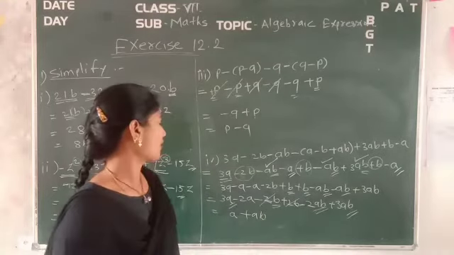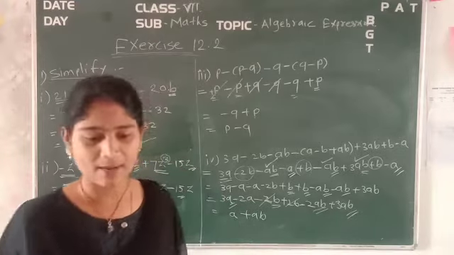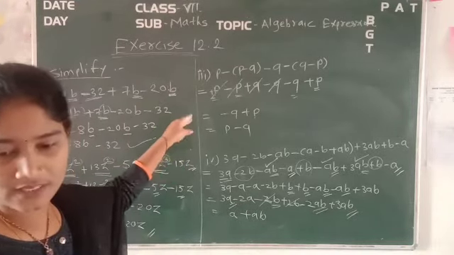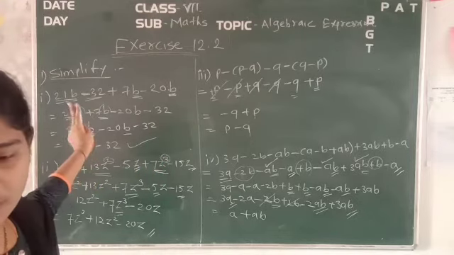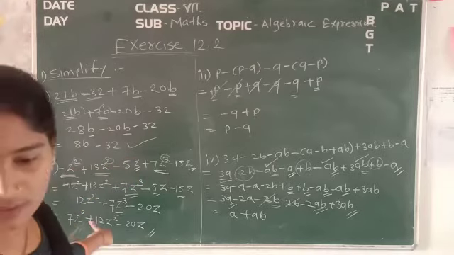Okay. So in that way, what have we found out? a plus ab. Okay. Once check our examples, whether it is correct or not. That is right. First one is right. Then the first, 8b minus 32, it is also correct. P minus q, it is also correct. This is also correct. Okay.